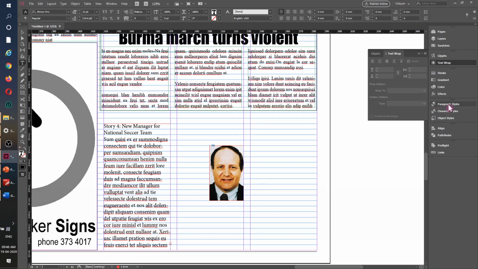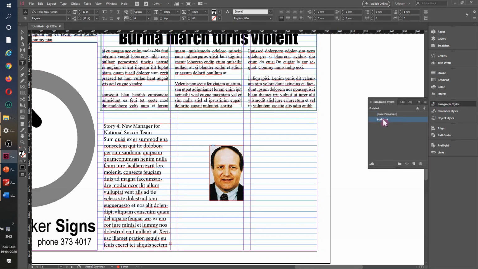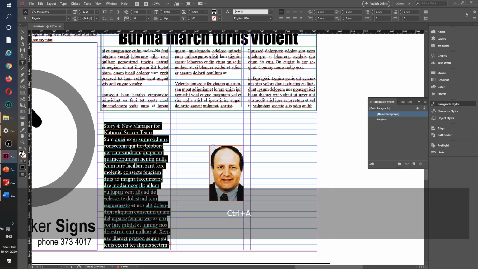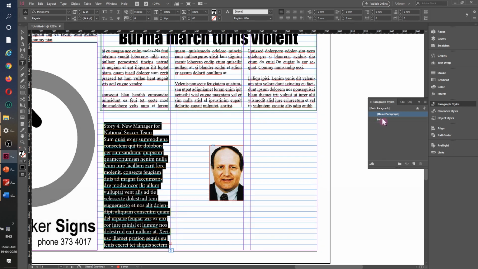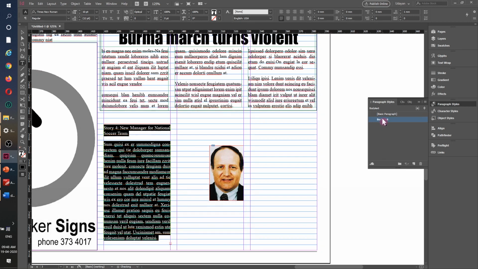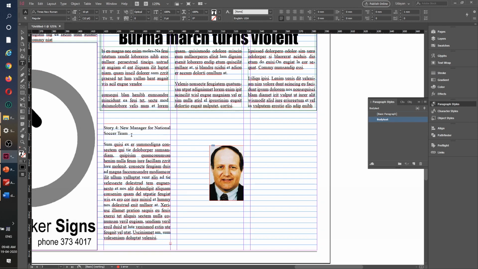And I will be making my paragraph styles, body text, so it will fit it automatically. Okay, my bad, I did not select it, so it did not get applied. 2 3 4 5. Okay, I pressed 6 times actually, so the selection went out. Body text, everything is getting attached to the way it should be.